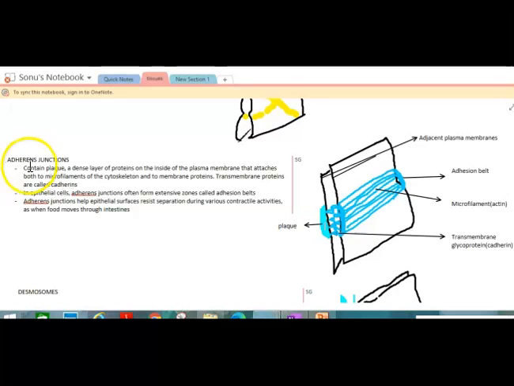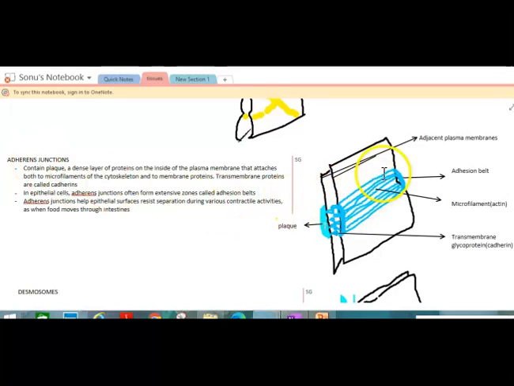The next type of junction is called the adherens junction. As you all know, adherens means to stick to each other. For example, in the small intestine, the digested food will move through the small intestine by the movement of peristalsis. So during these peristaltic movements, the epithelial lining of the small intestine should not get separated. That means the cells have to stick to each other, but also they have to facilitate movement as well as resist the pressure. So in that type of junction, they need to stick to each other.